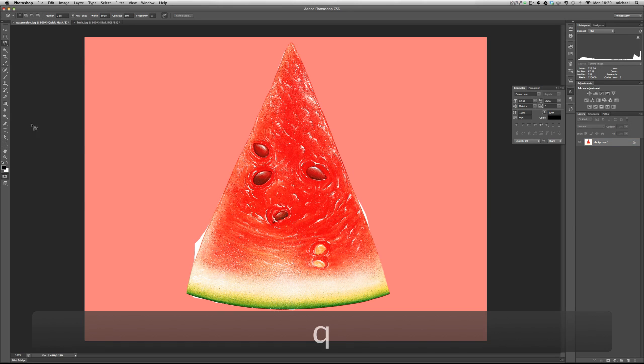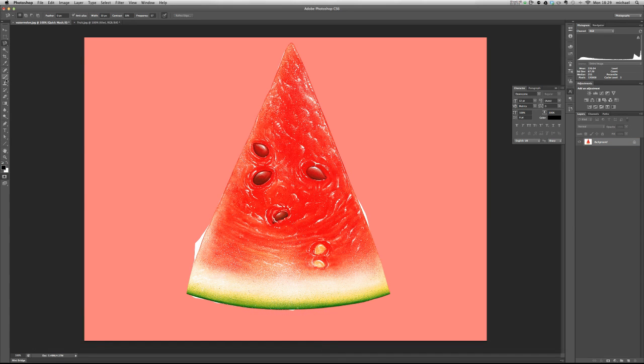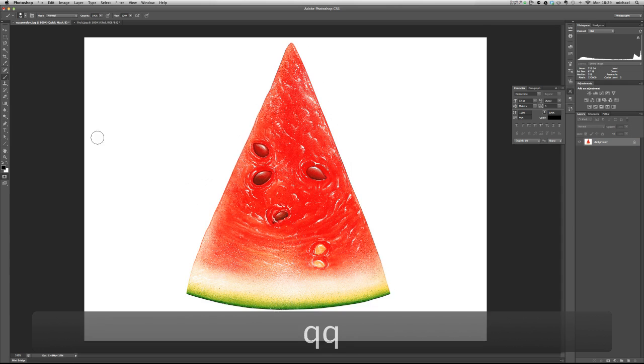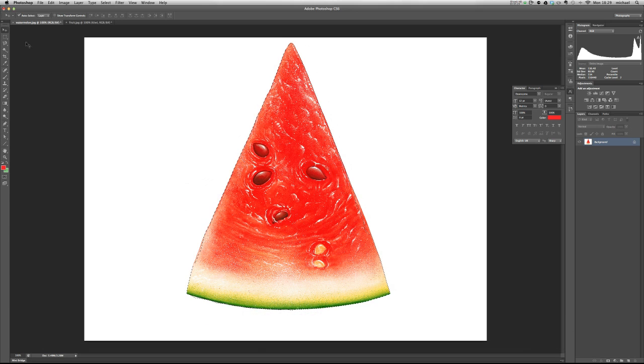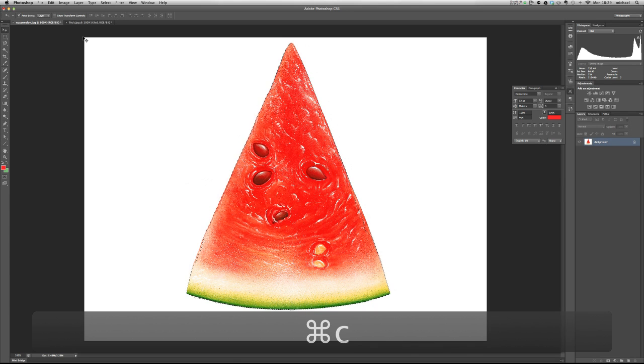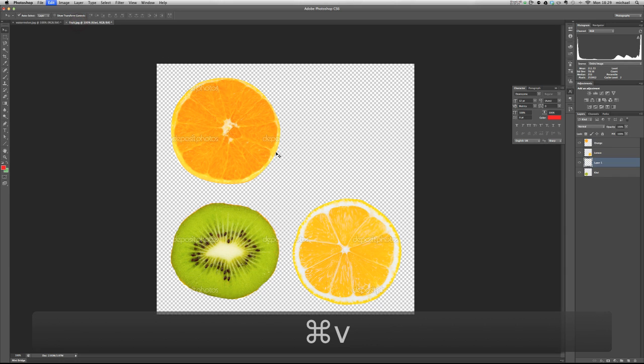Go into quick mask mode and get my brush, flip these round so that I've got the white. Oh, I want to do the other way. Do this and just clean it up a little bit because it's a little bit messy, and we'll see that on the final thing. If you press the Q key, you'll flip between these quickly. So now that's done. Press V, get me back to my select tool, copy, go to my other document, and